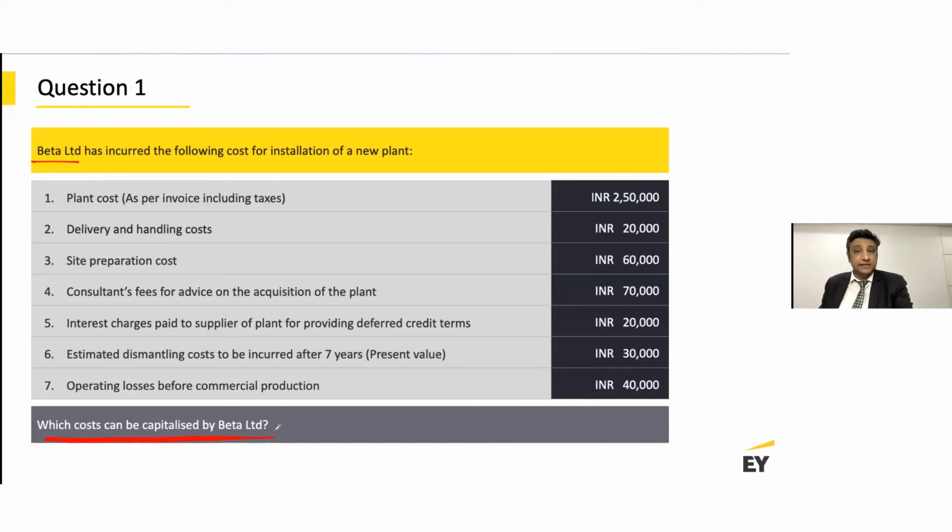Now, the moment I hear this requirement, what we would now like to remember is the concept under Ind AS 16 that helps us know the value of an asset on its initial recognition. What is the value, what is the cost of the asset to be recognized on day one, right? We would like to remember that the cost of an asset includes